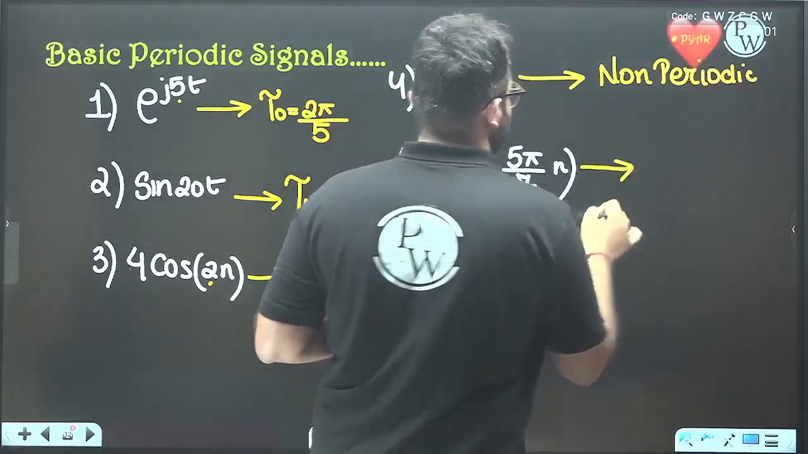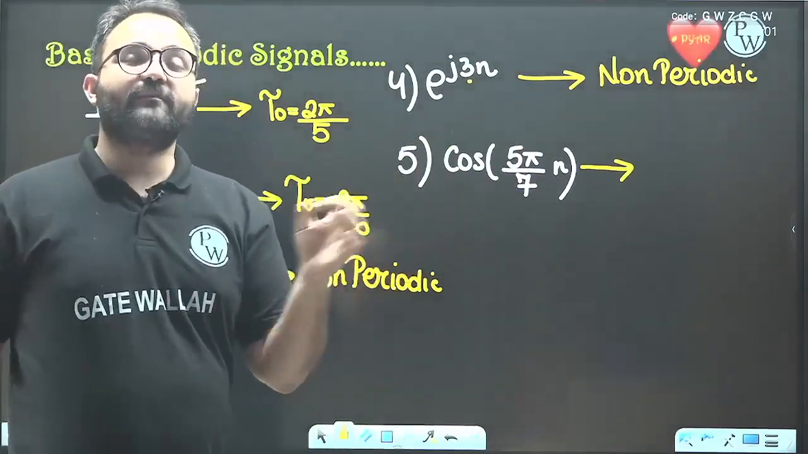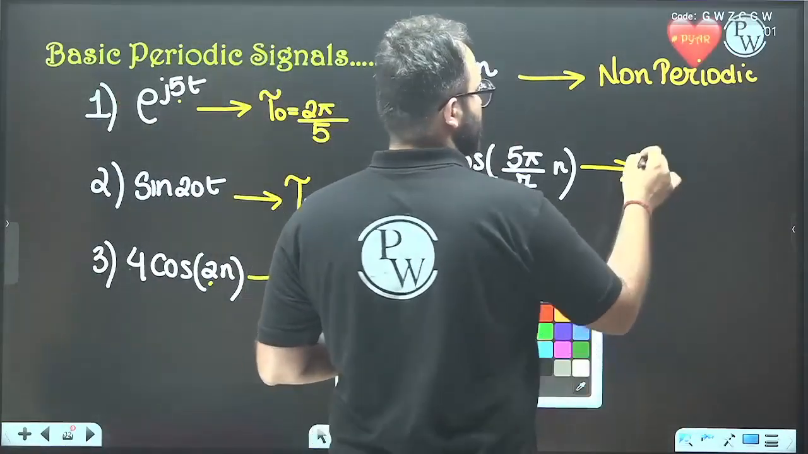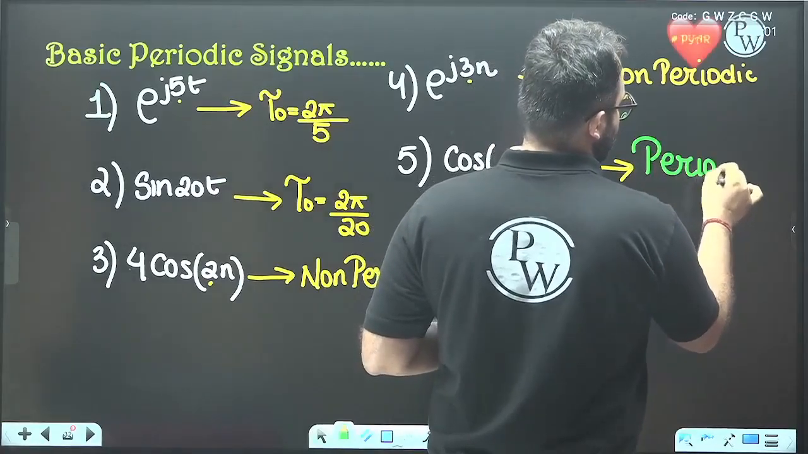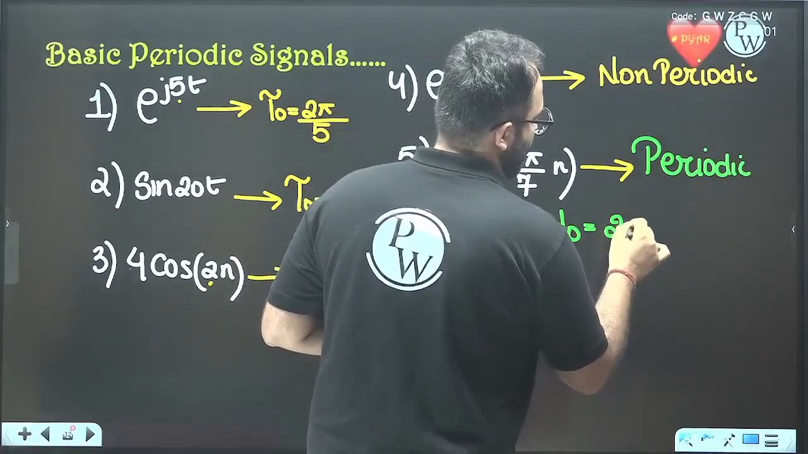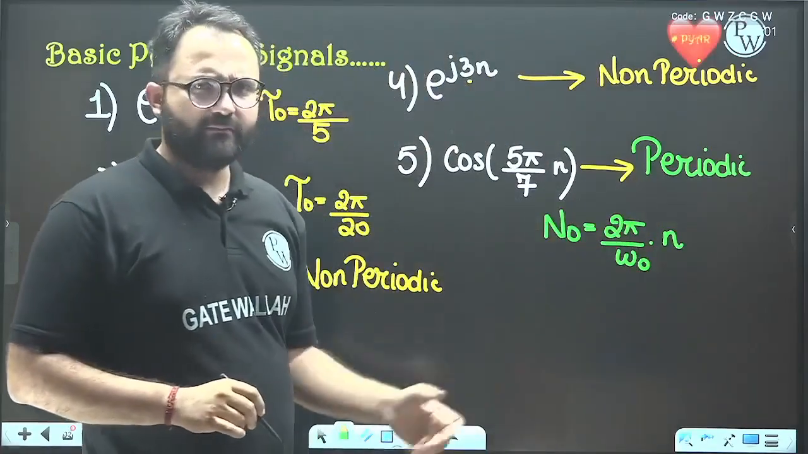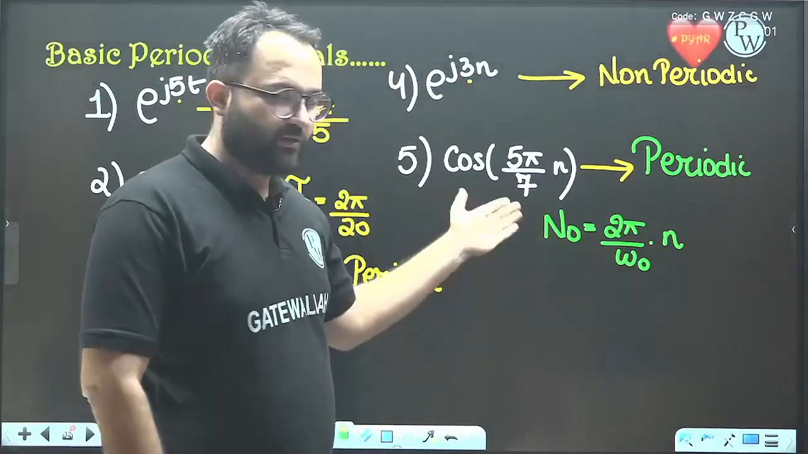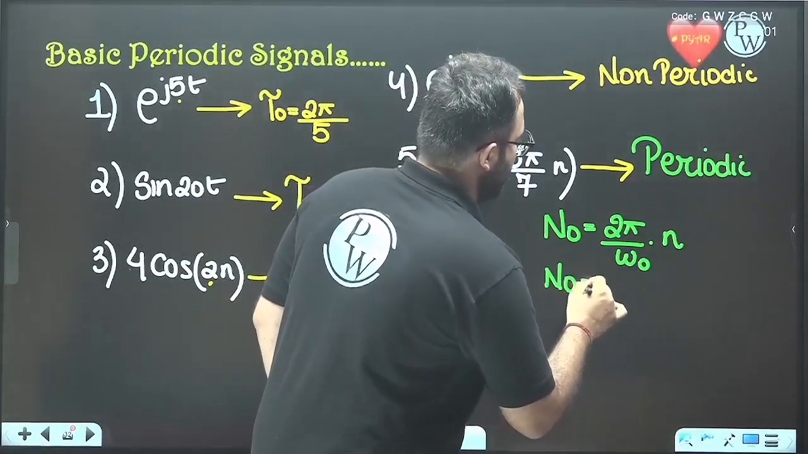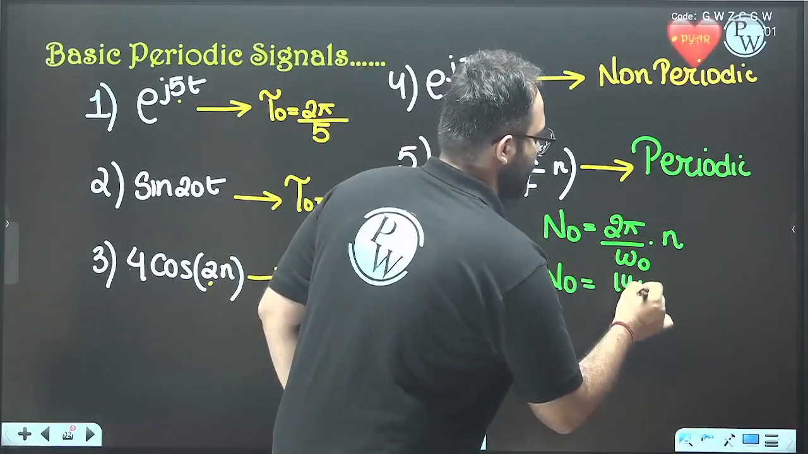Okay, and the last one, now we can see that this omega naught has a pi term. Yes, omega naught is 5 pi by 7, so it has a pi term. It is periodic, and how to find the period? The period n naught is 2 pi by omega naught into n, small n. So what is the use of this n? I'll tell you here only. So let's put omega naught here. We'll get n naught is equal to, omega naught is 5 pi by 7, so we'll get 14 pi by